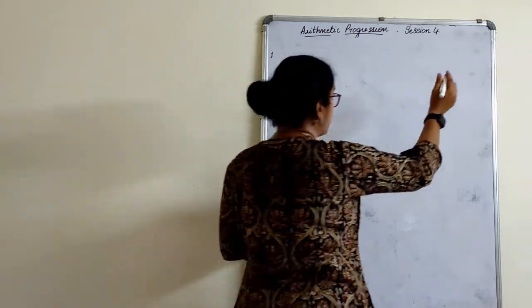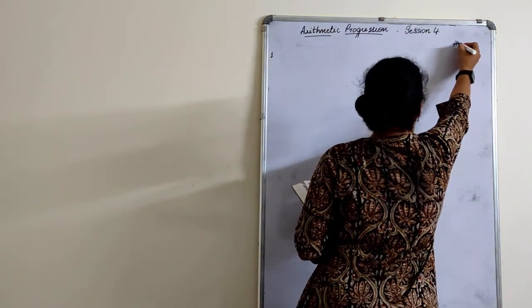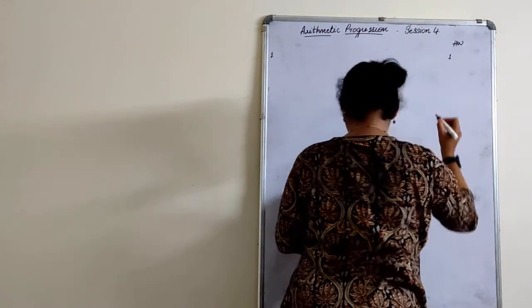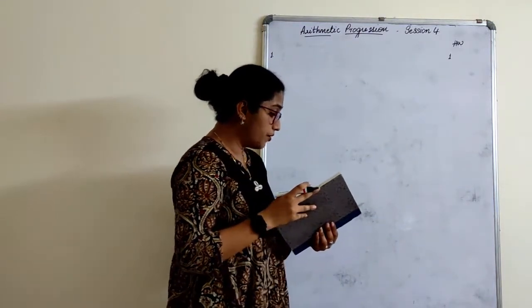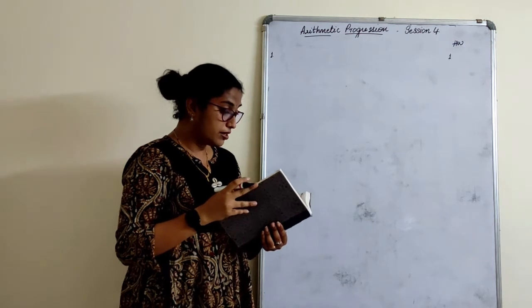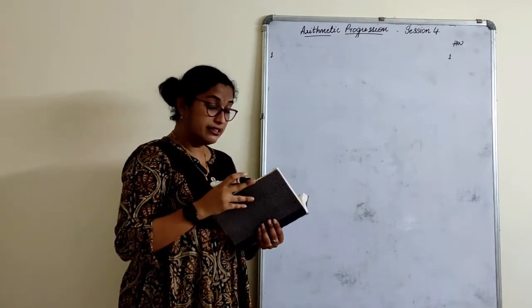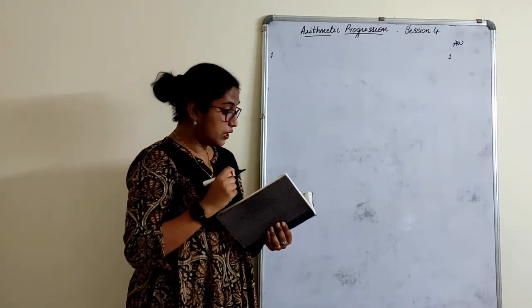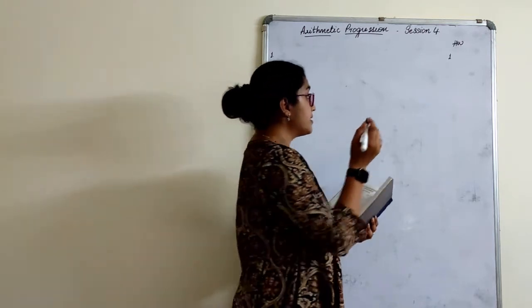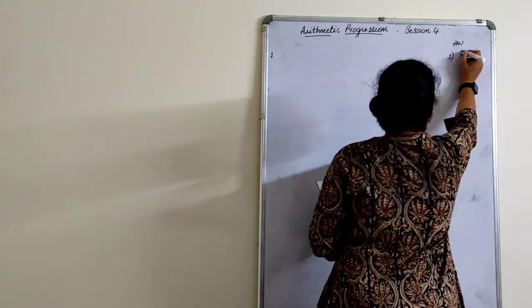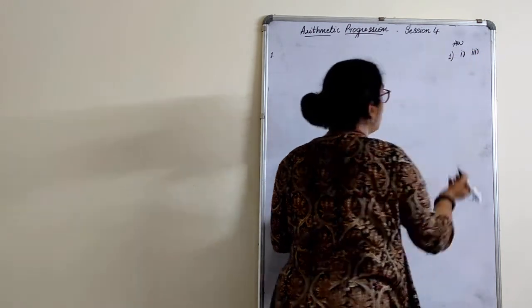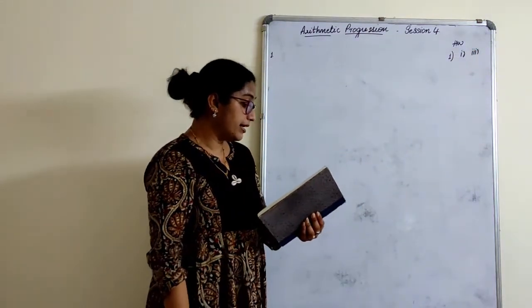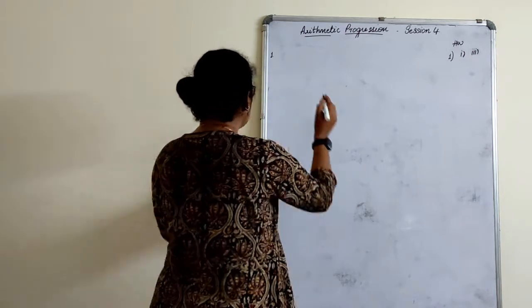Example 1, of course there will be some homework here. Similar ones I'll mark for homework. I think the first and second you can take for homework. First and third I will do, negative sign I will do here. You can take first and third for homework. First and third one is marked for homework. The second one and fourth one we will do here. Second one,